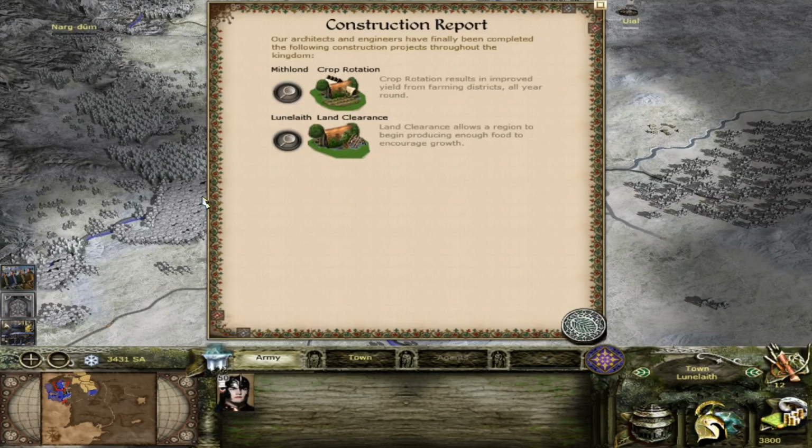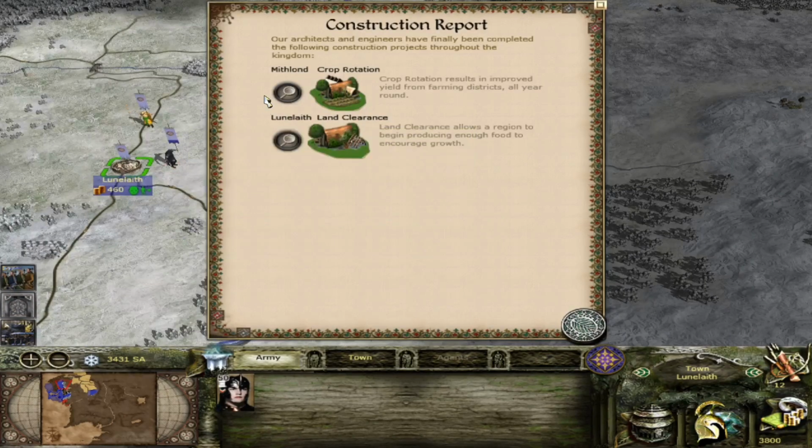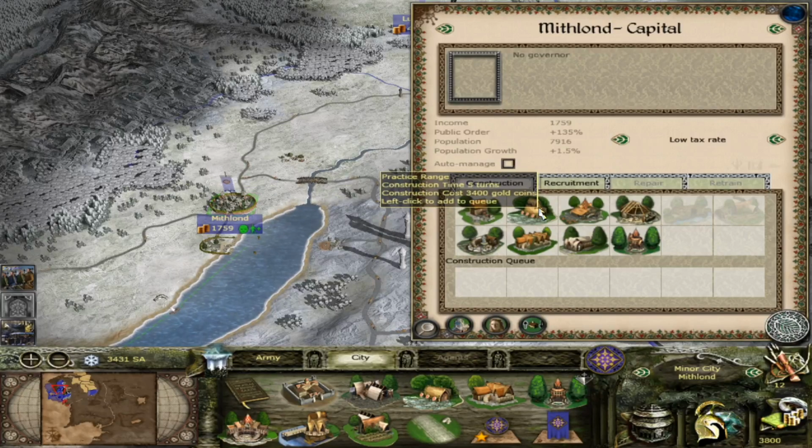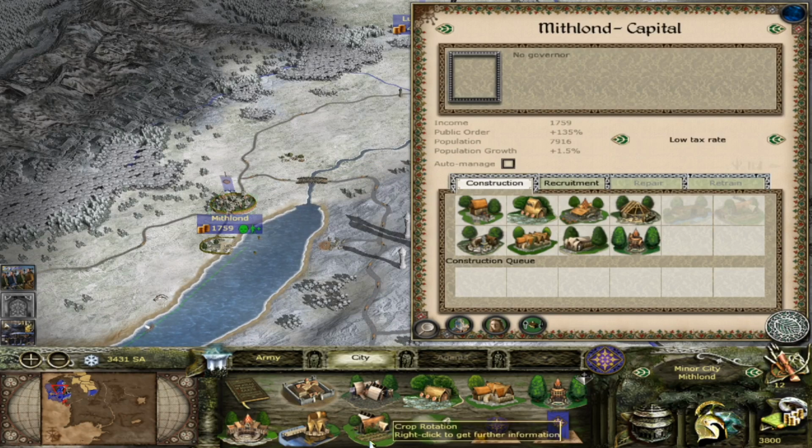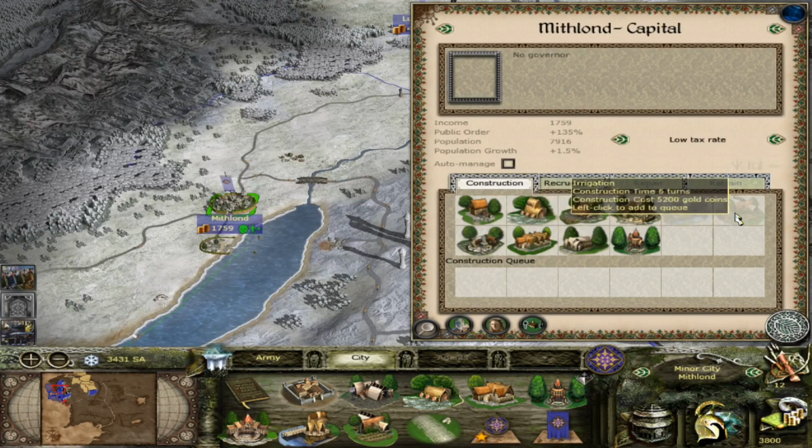He's not a very good... I did notice he had a trait there for +1 and rest, which isn't obviously very good. Mithlond. We got... there's no point getting any further, or in fact...